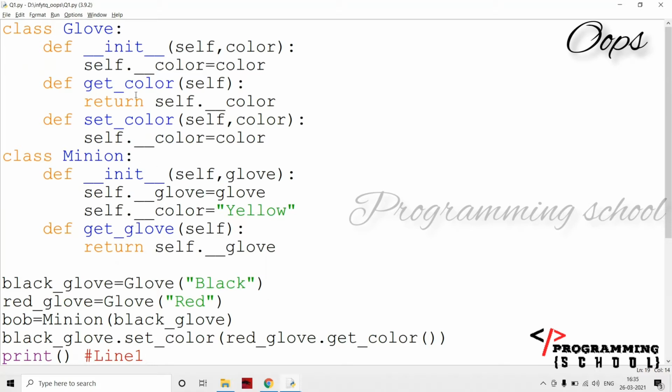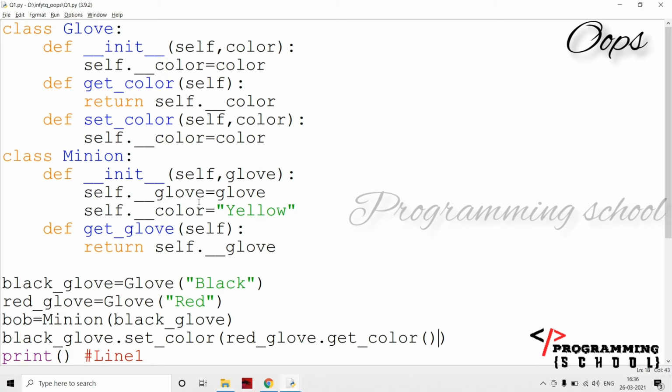After this line executes, it is going to get the color of the red glove, which is red, and that is going to be replaced with red here. Now the black glove is going to be set with the color red. That means the black color glove is going to be set with red here.